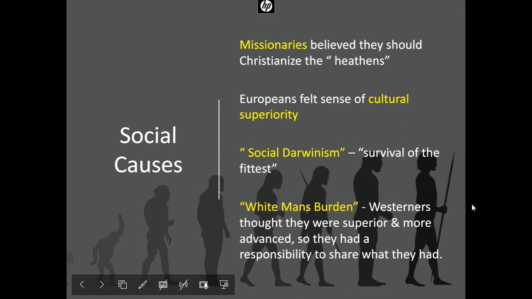Now, that Darwinism, that idea, is applied to countries and cultures. The idea becomes, well, if creatures and living things evolve and get stronger and better, maybe nations and cultures evolve and get stronger and better. Maybe some countries are better and therefore should rule over the weaker. Because the other idea in Darwinism is something called survival of the fittest. The strong survive, the weak die off. And we see that in nature all the time.